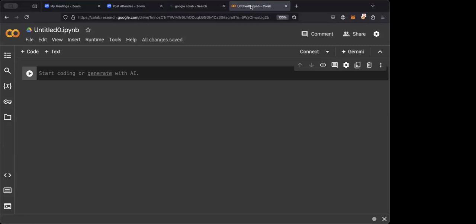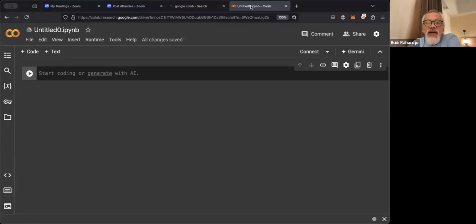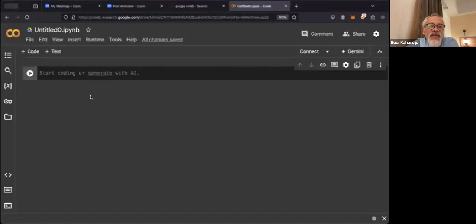So what's happening is that we are given a virtual machine, basically. We got an environment just like our computer, but this one is allocated by Google somewhere in their machines. The nicest thing about doing this is that we don't have to invest in our computer to do the programming. Okay.